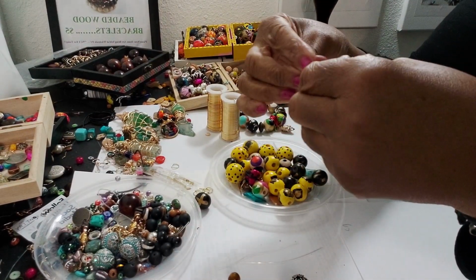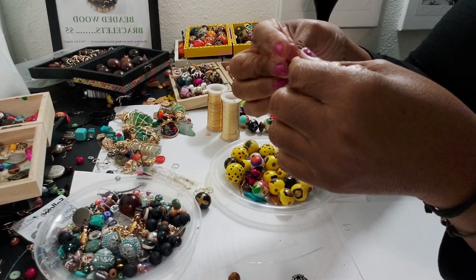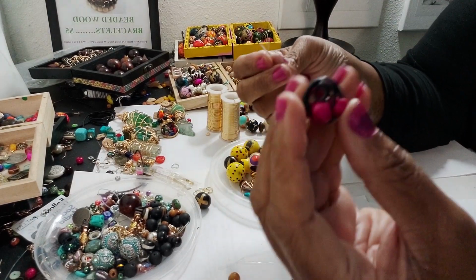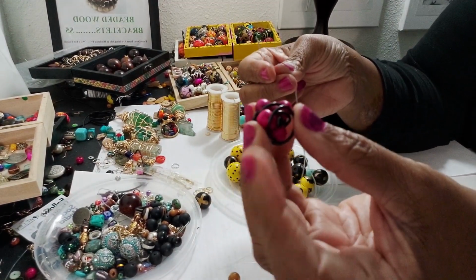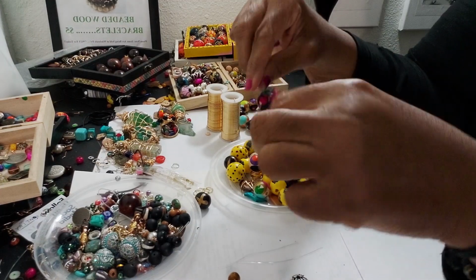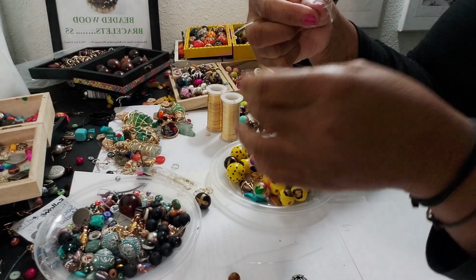But anyway, I'm working on bracelets for a couple of events that I have coming up. I'm going to be using some of these beads that I painted. I'm also going to be using, for the focal point, one of the wire beads that I put together. So we're going to use this as the focal. And then I'm going to go ahead and put...